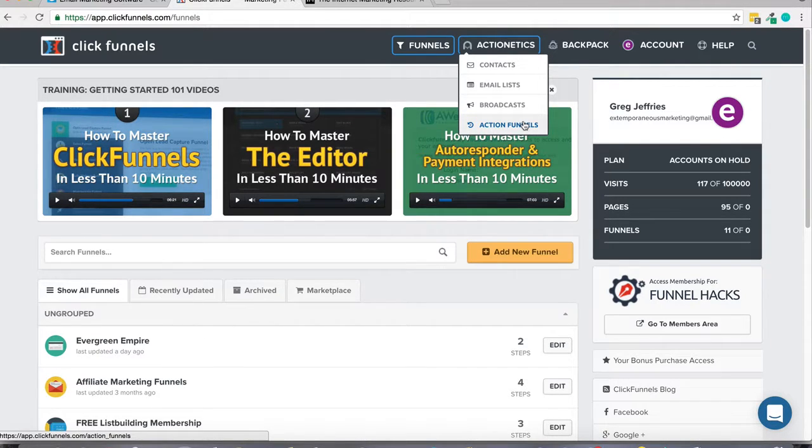So unlike solutions like Lead Pages out there, where you can basically just create lead capture pages and simple sales pages, you can create entire sales funnels. So upsells, downsells, you can get as complex as you want. It also integrates with payment processors. So whether you're accepting payment through PayPal or ClickBank or Stripe, you can set up those integrations into Clickfunnels, so you can accept payments easily throughout your sales funnels that you're creating.